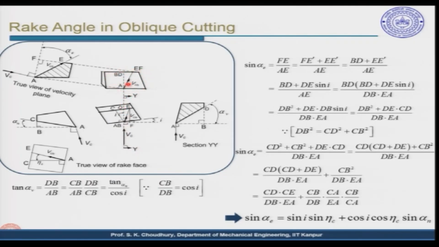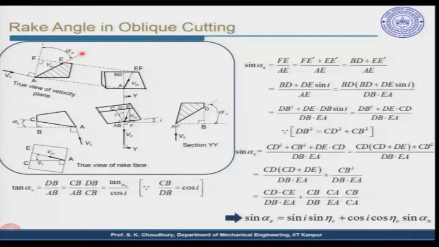view given here. Now, from here, if you see from the geometry, the sine of alpha e, where alpha e is the effective rake angle that we have to find out. The effective rake angle will be measured in a plane where both the chip velocity and the cutting velocity vector are there. If you see this plane, here we have the cutting velocity vector and here the chip velocity vector. In no other plane will you find both the vectors. So, this is the angle which is the effective rake angle,